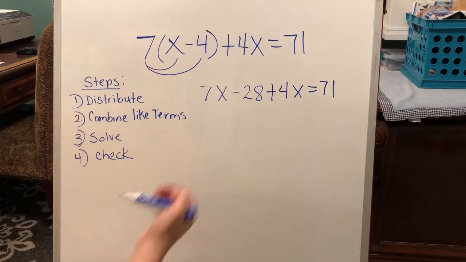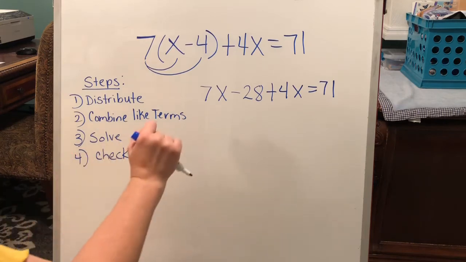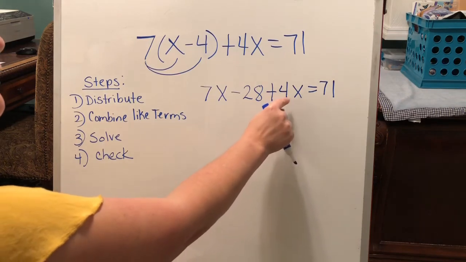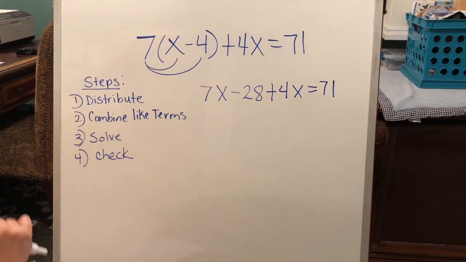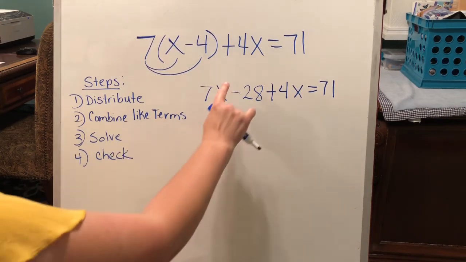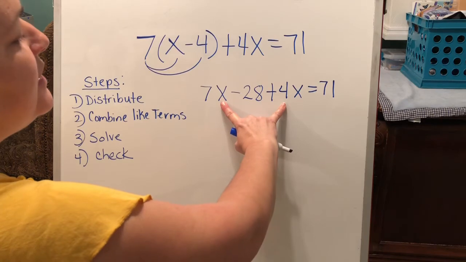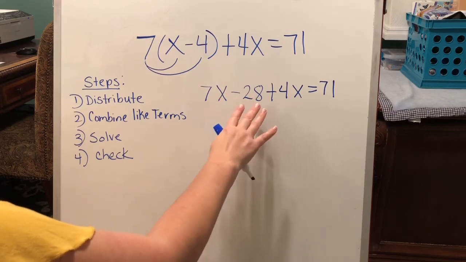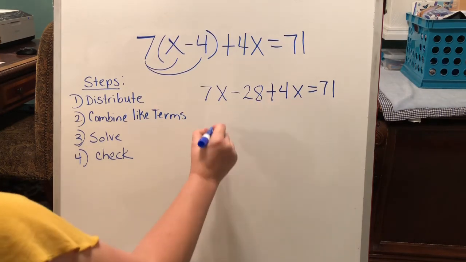From here we have terms separated by, this is an understood positive. There is nothing in front of the 7x, so we can say that's a positive 7x. We have a -28 and a positive 4x. We will notice that these two terms are alike because they have the same variable, which is x, and they have the same power. There's no power there, so it's an understood 1. So we can combine these two terms in our next step. These are alike. This is just a coefficient term. It does not have any variable attached to it, so we're going to work with that after we go ahead and combine our terms. 7x plus 4x is 11x